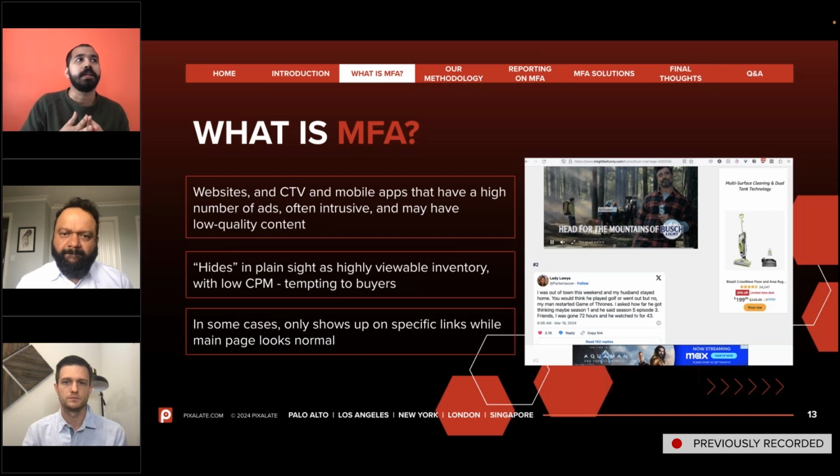So those are the conduits or the gateways for traffic for that website. No matter how many pages there are on that website which have no ads, real traffic goes to these pages which are full of ads, and that's why these are MFA websites.